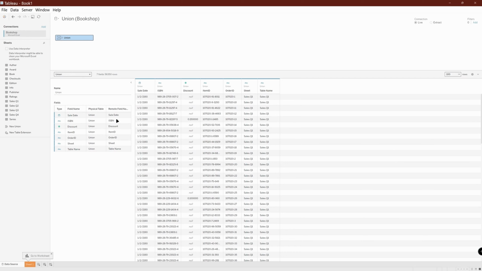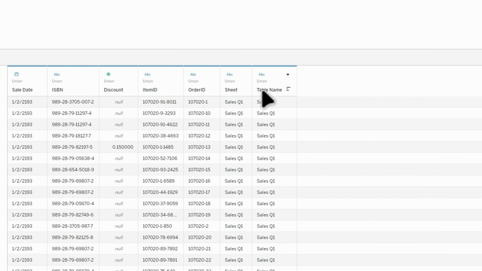If you look at our data grid, you'll see that we now have 2 new columns that are created, which are sheet and table name. The sheet tells you which worksheet in the Excel file it's coming from, and the table name tells us which table the data is connected to. In this particular case, they're both going to be the same because there's no distinct difference between the two. And if I zoom back out,